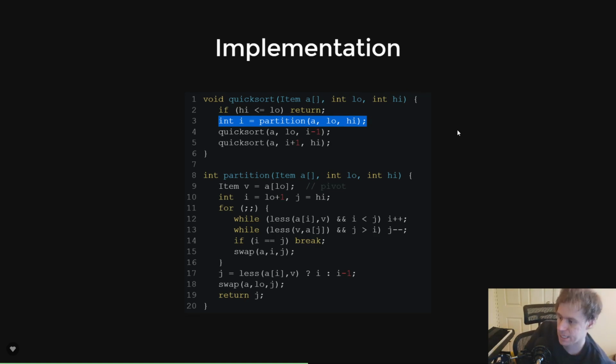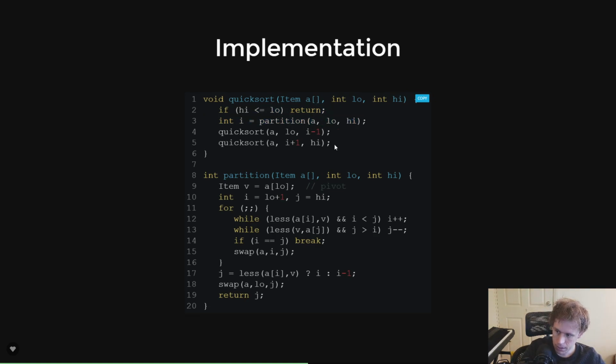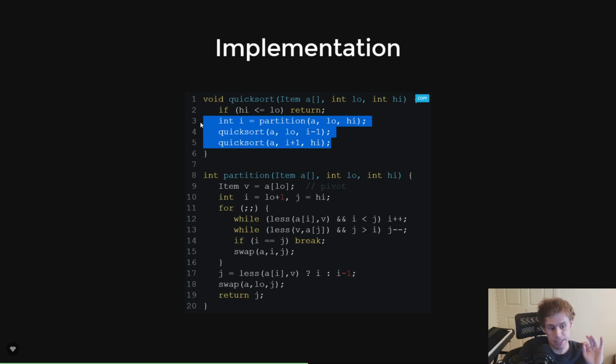So it's actually another really good example of when you're looking at a dual recursion, a tree style recursion, the difference between a pre-order and a post-order, where in this case we're doing the partitioning at the start. And just to really contextualize these three lines here, the partition and the two quicksorts, what that is